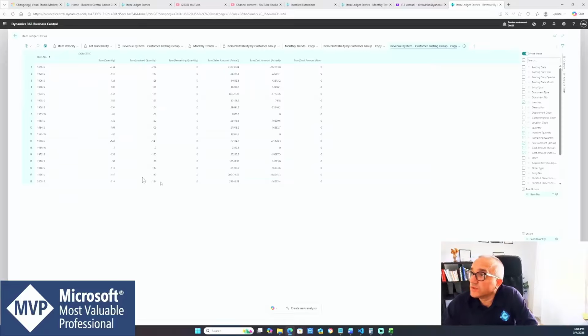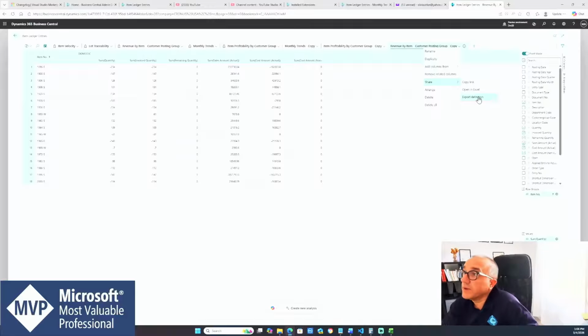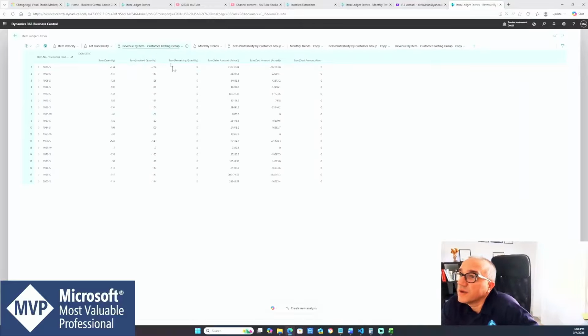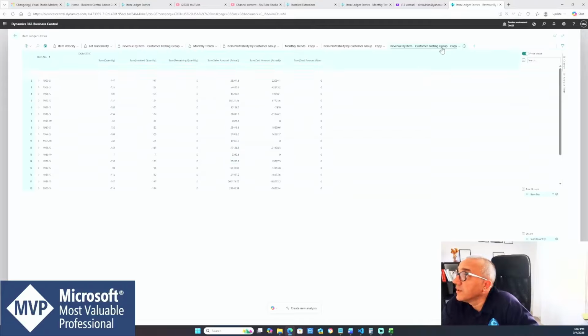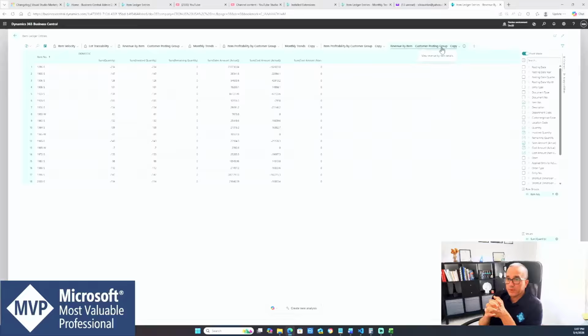Of course, we could save this, share, export definition, and re-import it back. But this is already here, so we don't need to do that. But that's kind of the whole round trip from Business Central, from the UI, export your view, import it into your AL project, include that analysis JSON, include the analysis view into your page. And one thing